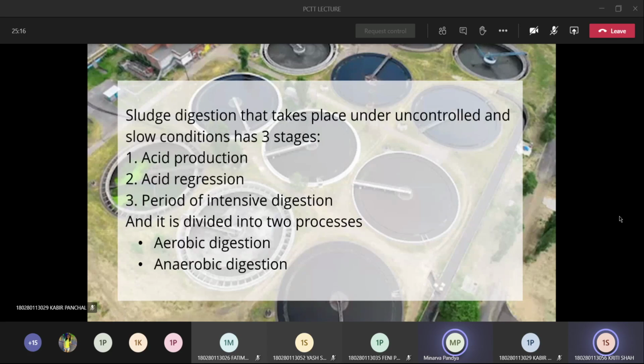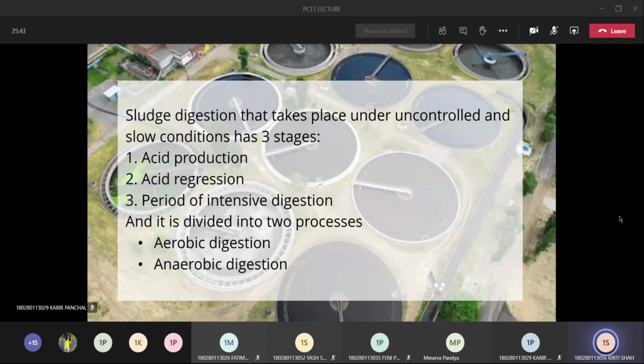Now, over here, as we have seen, if we look at certain conditions like uncontrolled and slow conditions, sludge digestion takes place in three stages. Acid production, as the first bacteria attacks, acid production happens. Acid regression, where the acid is used by the second bacteria, and the period of intensive digestion. This is when the sludge digestion actually takes place and